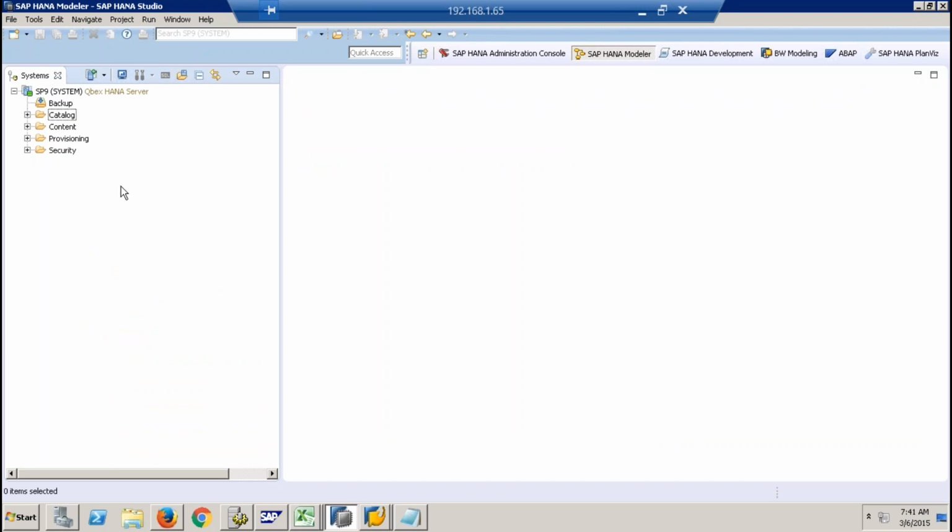So like this, you'll have lots of different perspectives in Eclipse. Depending on what kind of activity you're working on, whether it is relevant to BW, ABAP, native development, or HANA modeler, each one will have different perspectives, and every perspective will have different views. Okay, so for now,